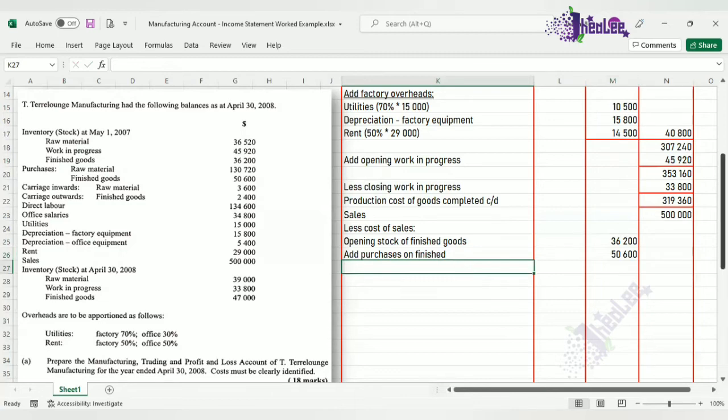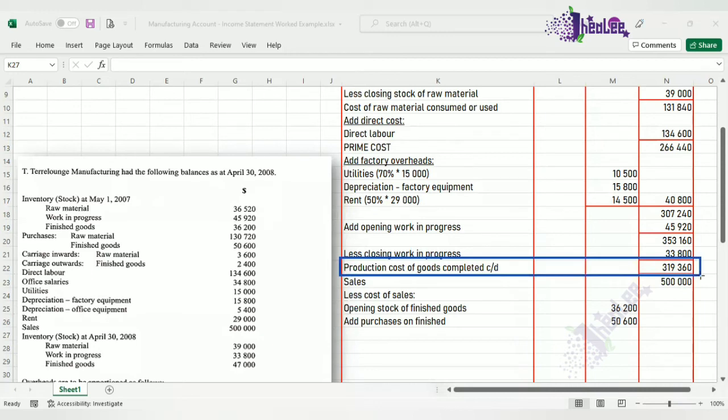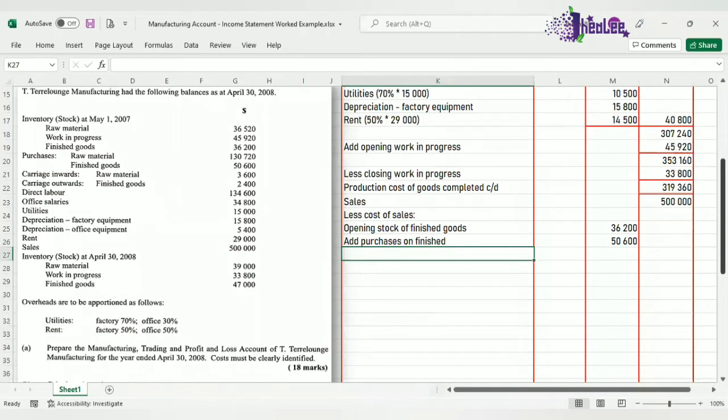Our next step, people, earlier we have generated a very important cost, and that is the production cost of goods completed. This figure, guys, is transferred to the income statement because it's going to be added to the opening stock of finished goods and the purchases of finished goods if there is any. Okay, so that is added because it forms a part of your goods that you have available for sale. So it is add production cost of goods completed. And that value is